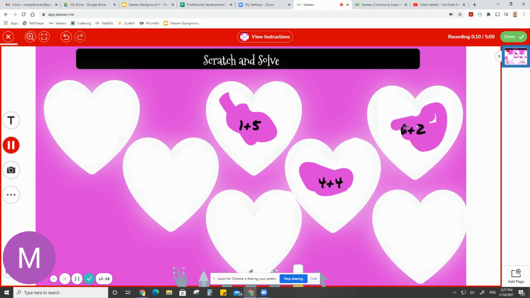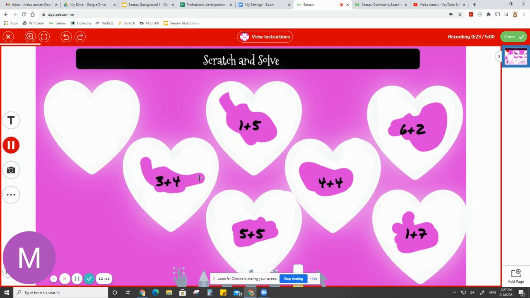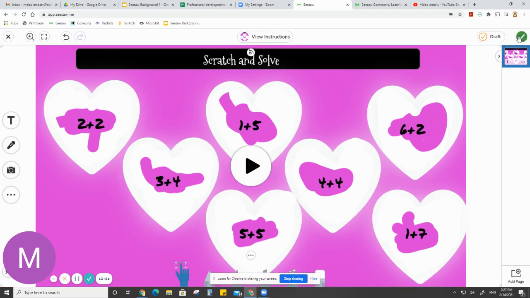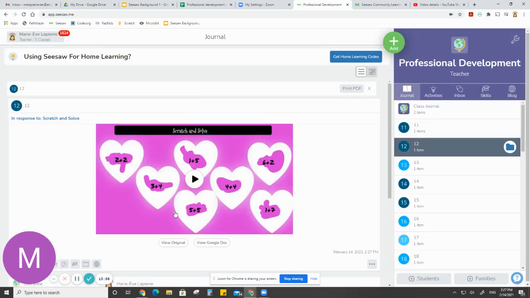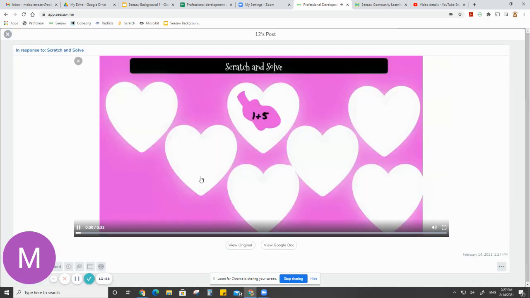So the student can go ahead and reveal all of this, show you their mathematical thinking. You can hear their mathematical thinking, sorry about that, by seeing how they're responding, especially if you're using the microphone to reveal all of this. So once they've revealed all of them, they've said it, they can go ahead and click on the done button here and click one more time. It's going to go ahead and upload. And then as a teacher, you'll be able to get this. 1 plus 5 is 6. There we go. And that's it for the revealing